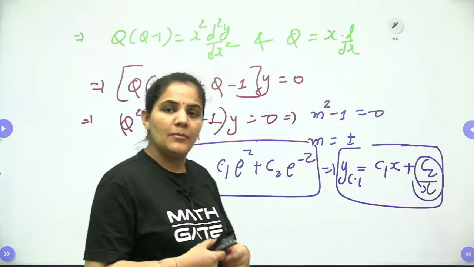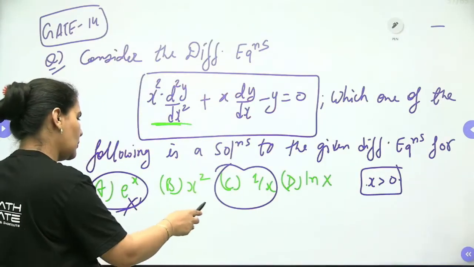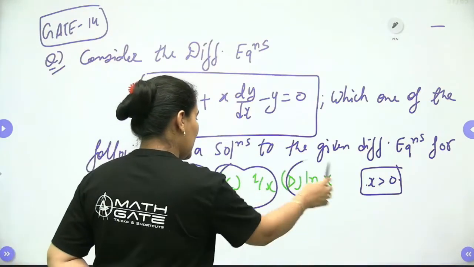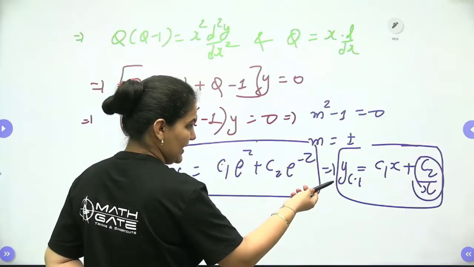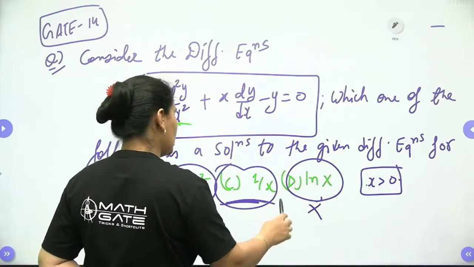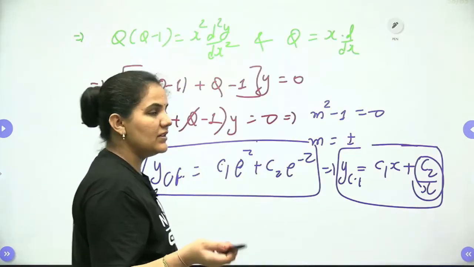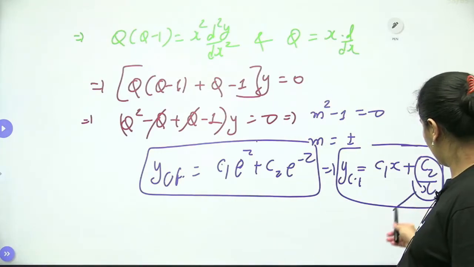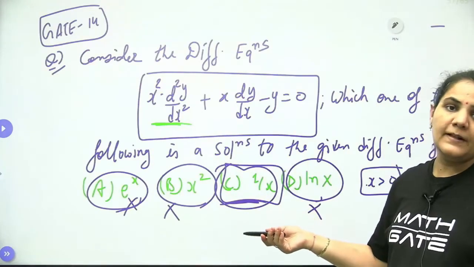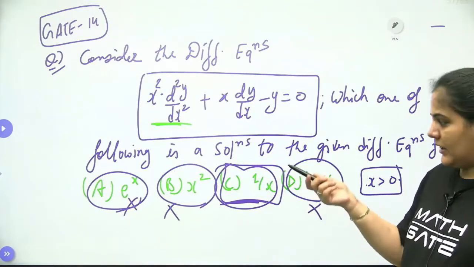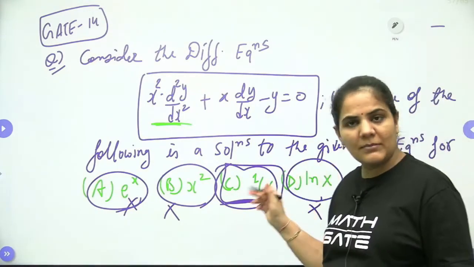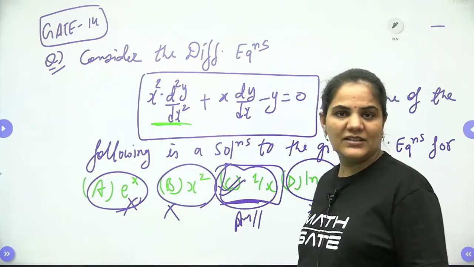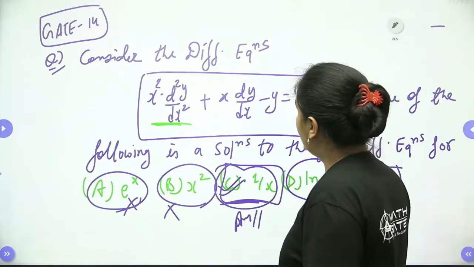but when we look at the options, we can see x square, and we are not getting x square somewhere. It is ln x, we are not getting ln x exactly there, right? So we can say this is the only thing which we are getting. When c2 is equal to 1, it will be 1 by x, right? So that's why we have only and only this one in the options. That's why this is the only answer. Among these 4 options, we have 1 by x only. So that's why this is my final answer, dear students. We can easily identify. Okay, guys.